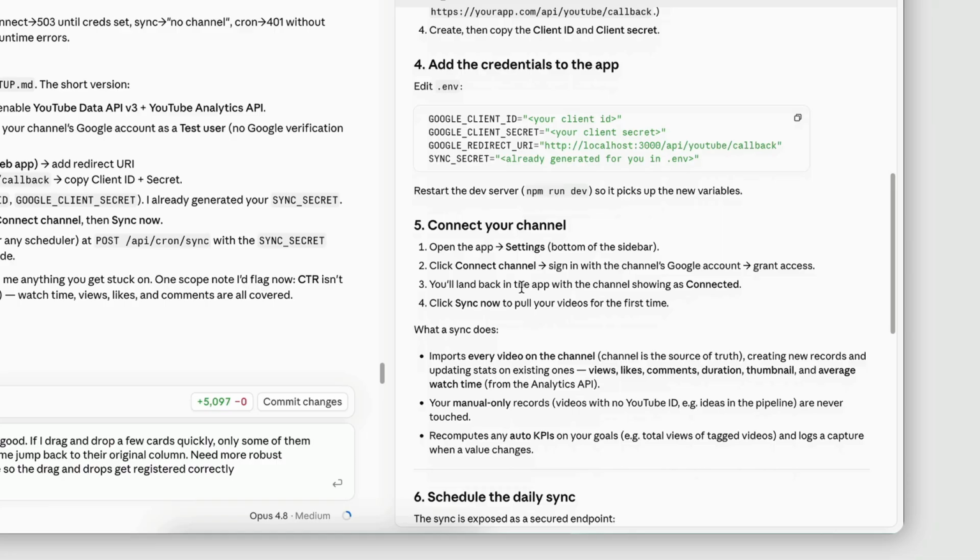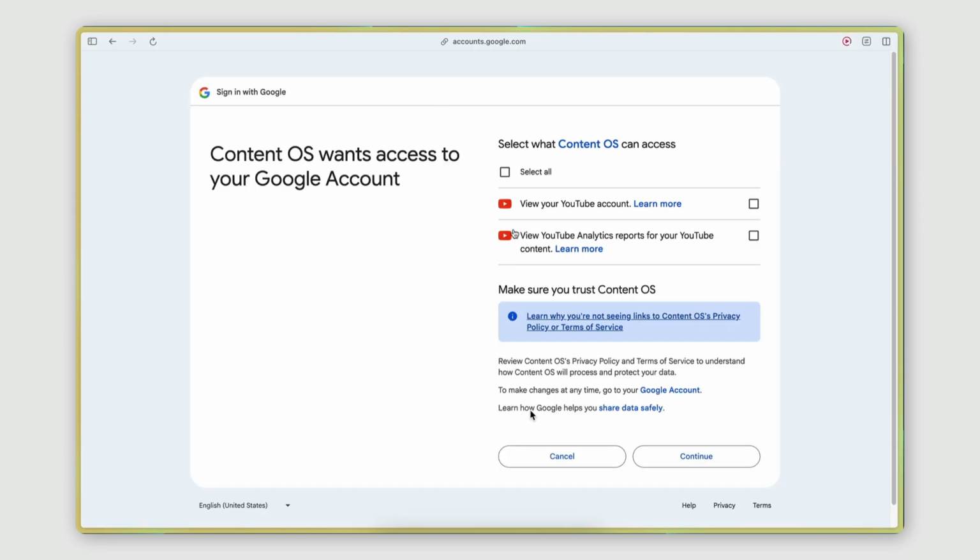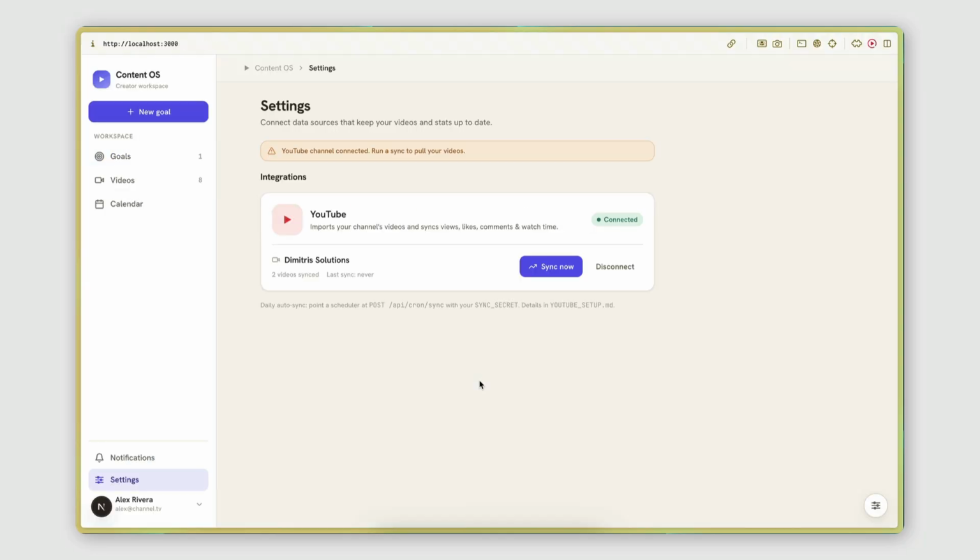And then by having this in place, I could go on the actual app, and on the YouTube settings here, you see now that I had a connect channel button. By clicking that button and selecting my Gmail, the same Gmail that I assigned to the Google Cloud project, this is the pop-up that I would get. So this is the OAuth screen basically. And then here I had to select these options to enable my app to get access to my YouTube account data. By allowing these options and then clicking continue, my app was now fully integrated with